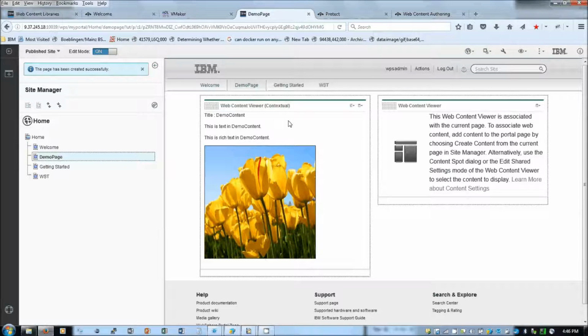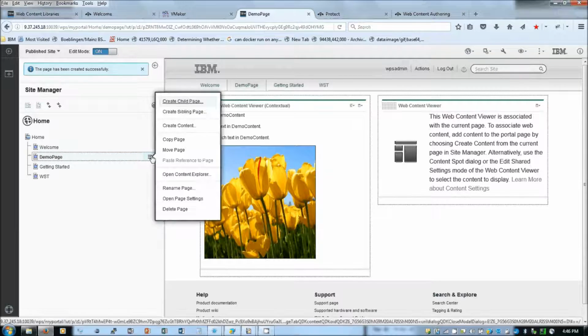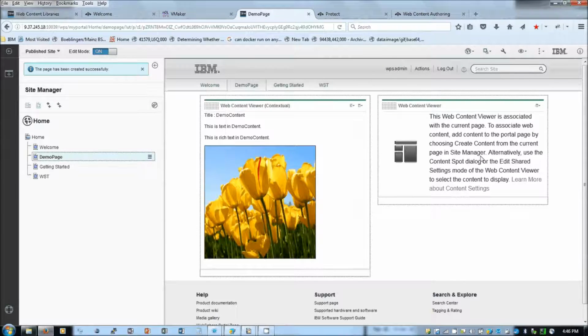What we have done is we went to open page settings and then we selected the layout as 2-column equal layout and then we changed the style and then I added one more Web Content Viewer portlet to my page. Next I want to display a different content here.